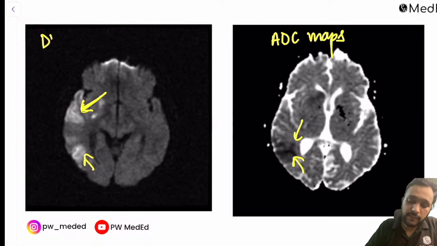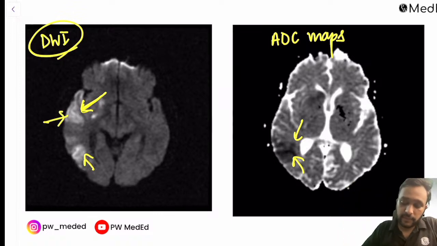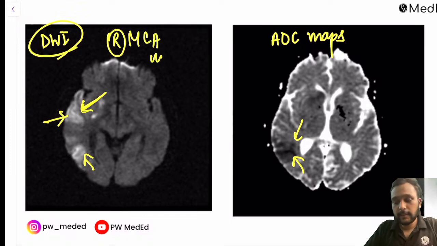So these are your diffusion weighted images, and we can see hyperintense signal within the right temporal lobe, right? So this is a patient with a right MCA infarct,